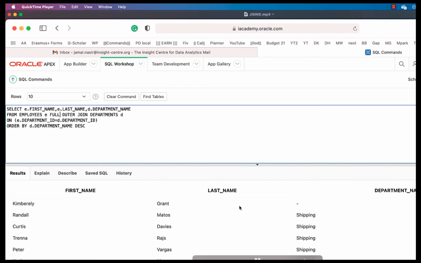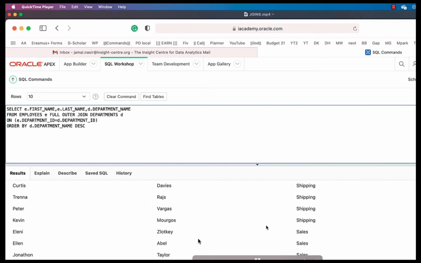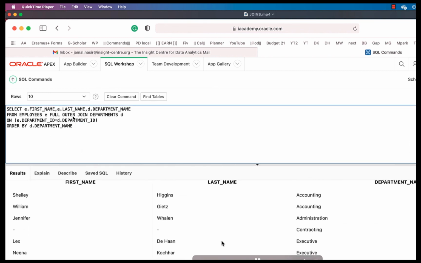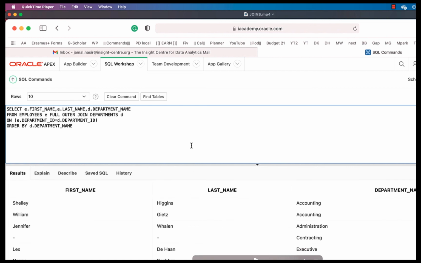It means that this employee is not assigned to any department, and we got this result because of the left outer join. And if we write full outer join, technically full outer join is just a combination of left outer join plus right outer join. All the results that come from left outer join and right outer join will come from this full outer join. So it is just a combination or union of results.